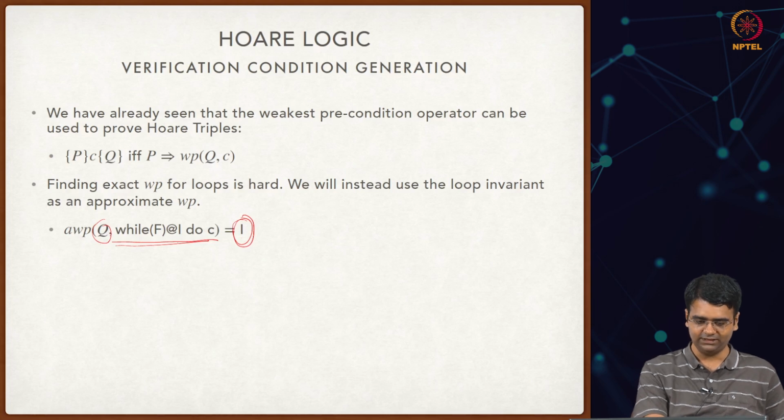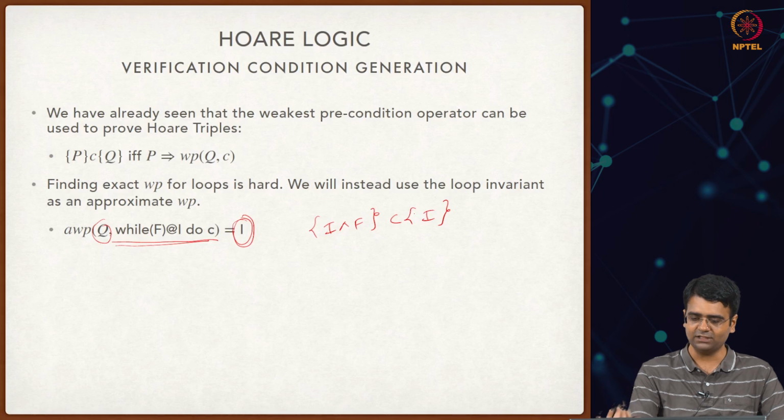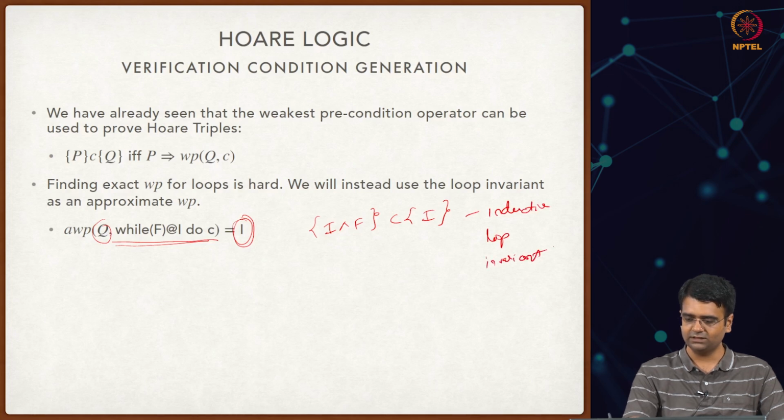Only if this is the case can we say that I is the weakest precondition, which in general you cannot always say. So you need to prove some side conditions: if you execute this while loop beginning from any state in I, and if the loop terminates, it should be guaranteed to end in the state Q. We know that this while loop is going to repeatedly execute the body. So essentially we need to show that if you execute the body of the loop, then you remain in the state I, which means I is actually an inductive loop invariant. This is the condition for an inductive loop invariant,